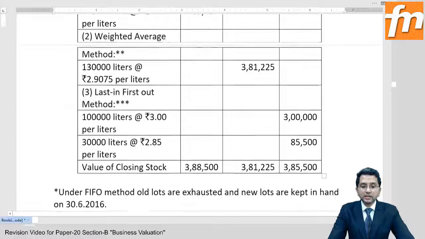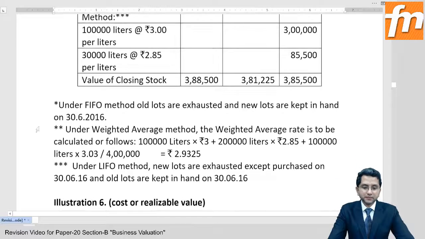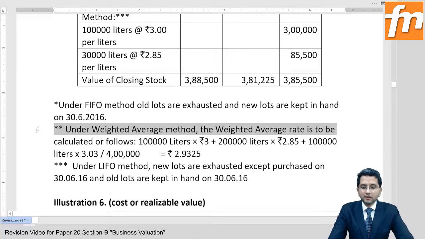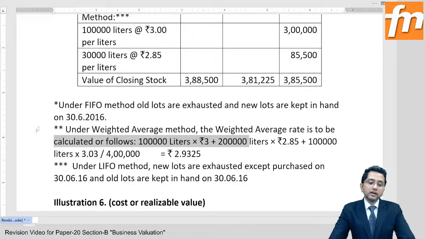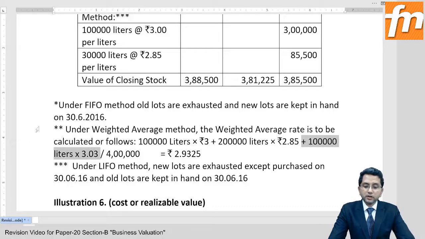So here I calculate the weighted average like this. 1 lakh liters at 3 rupees opening stock, 2 lakh liters at 2.85 June 1st purchase, then 1 lakh unit at 3.03 June 30th purchase. Total of weights is 4 lakh and weighted average is